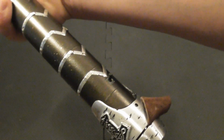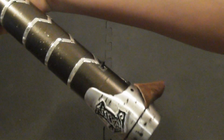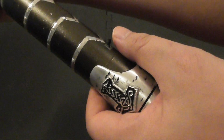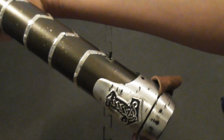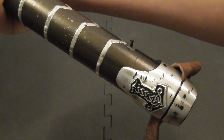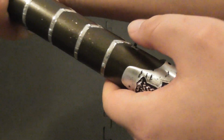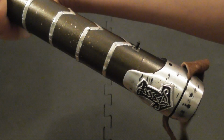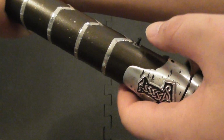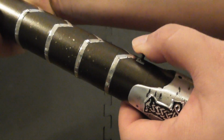The switch is this little 3-position toggle switch, and it actually goes back and forth. This one is latching and then back. It's the same one that I used for my Plo Koon, but instead I just use this one for the main power on instead of using a kill key. Time for Odin's son. And then the momentary action is the activation, so...